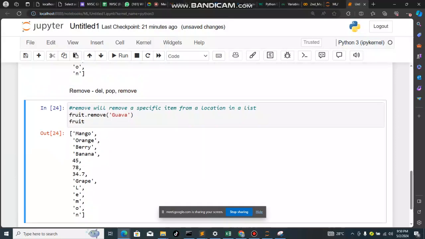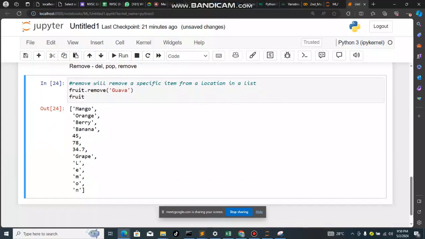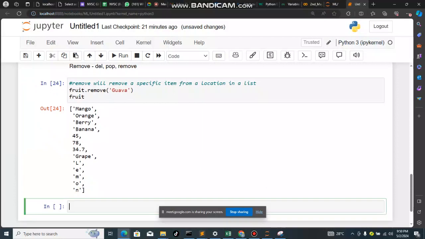Guava is no longer here. So guava has been removed. So that is for remove. Now let's talk about